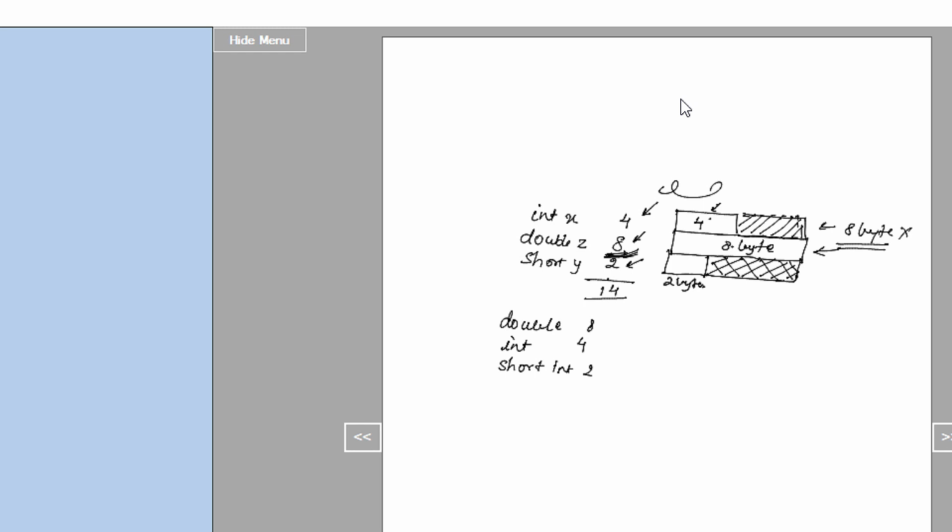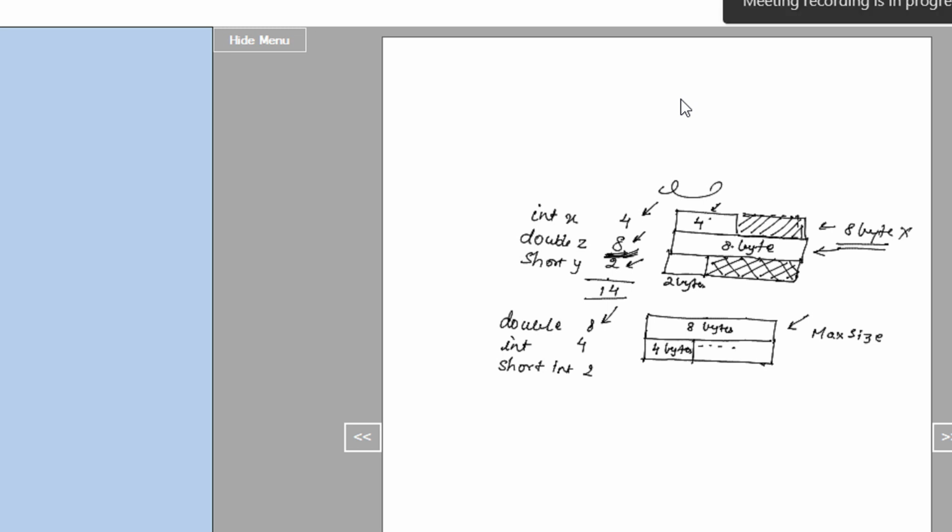Now let us see how the allocation takes place. It first of all encounters double, so it gives 8 bytes to it. Okay, 8 bytes. Now just to maintain the alignment, I will again allot 8 bytes because the max size encountered till now is 8 bytes, right? So again it allots 8 bytes, but now it sees that integer only requires 4 bytes, right?